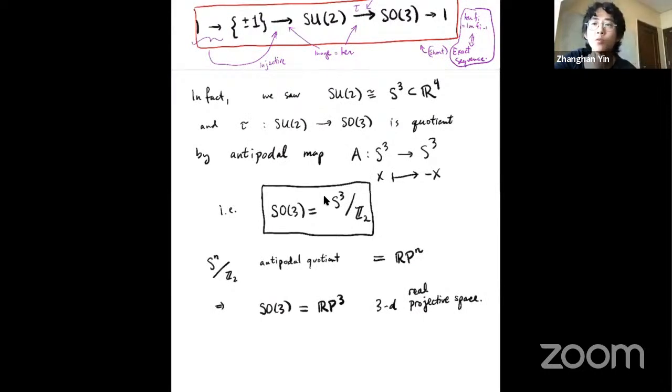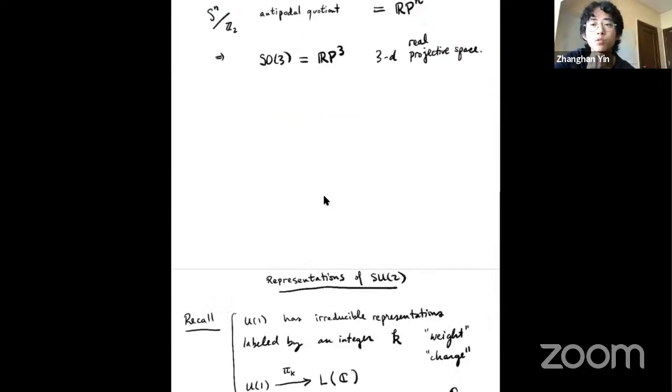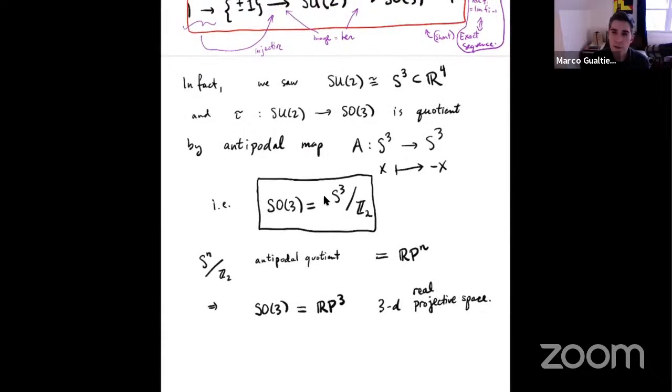So in the context of quantum mechanics, why would we want to identify these two spaces? Which two spaces? SO3 and RP3. Because you kind of lose the algebra. I am just, first of all, it's a group, not an algebra. Second of all, I'm just trying to give you, like I said, some topological intuition for what this group looks